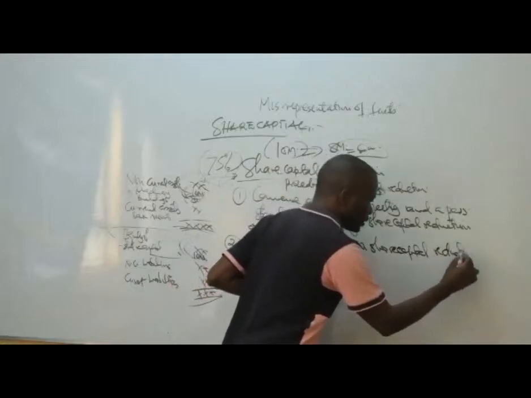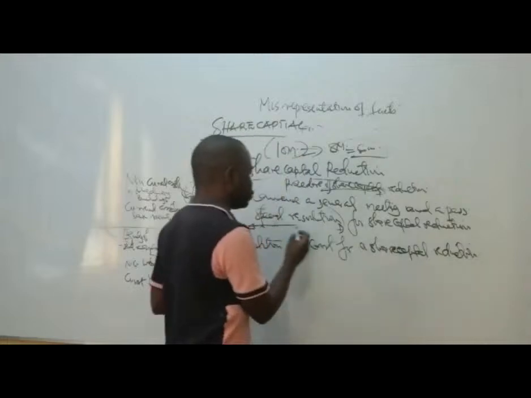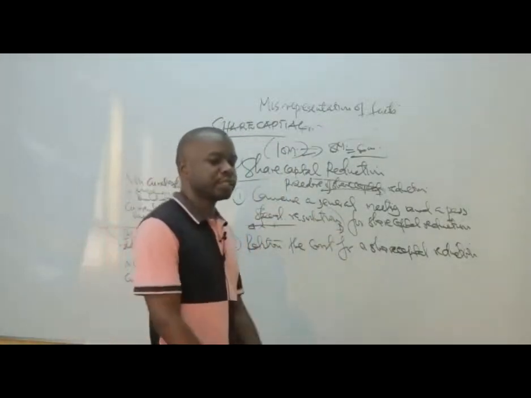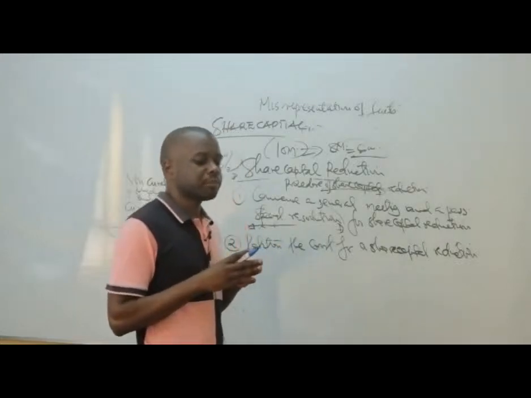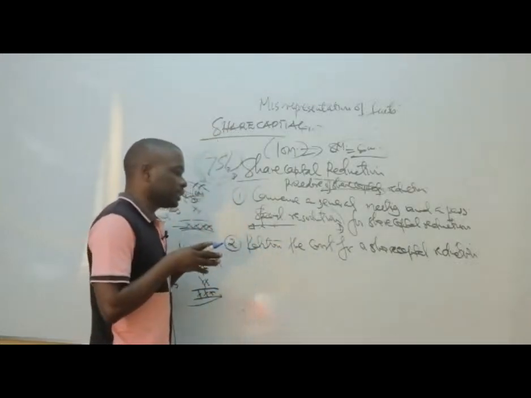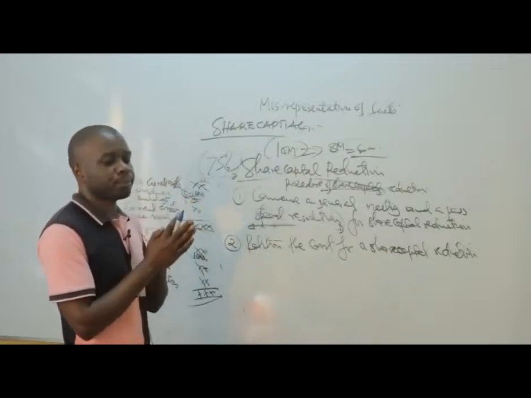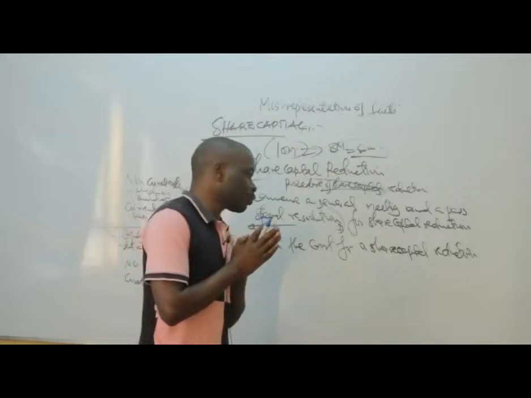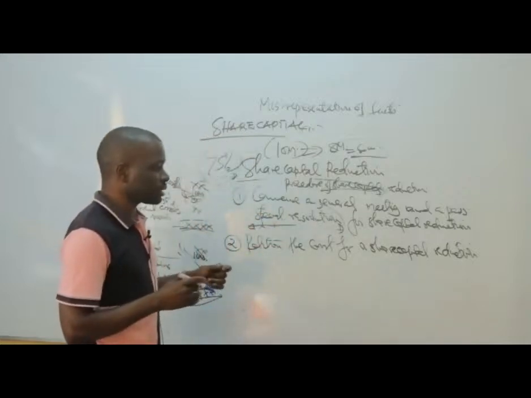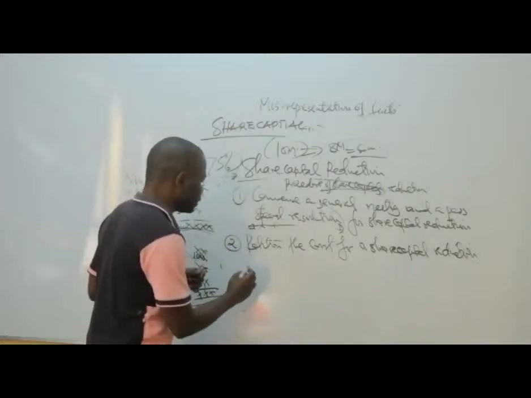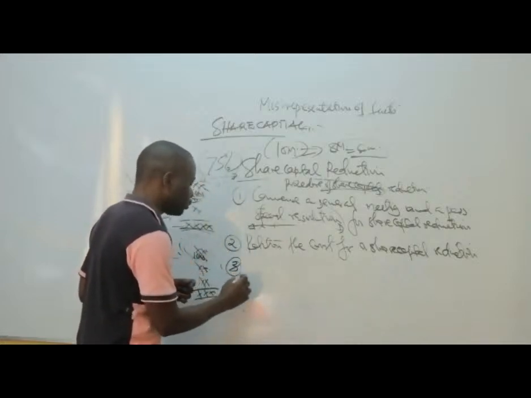What we mean by this is they'll simply get the resolution they have approved and present it to the court. That resolution will contain the reasons why they want the share capital reduction to be done. They present it to a court of law so that it can approve or sanction it. Once they have presented it, there are several things that will happen during that process in the court. Number one, the court will